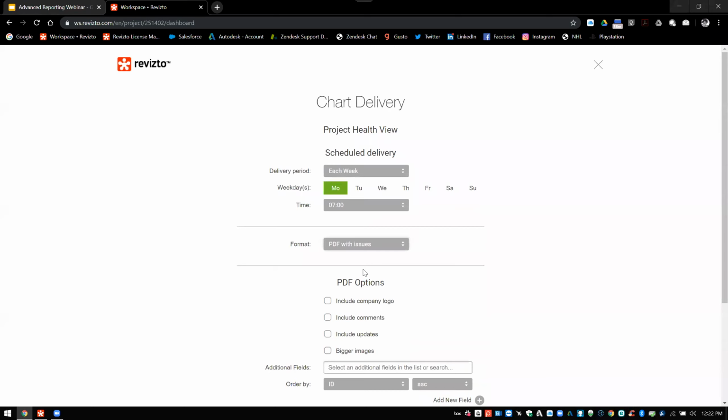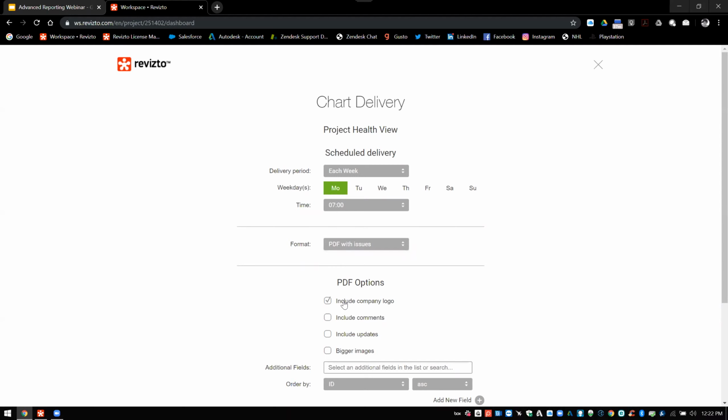So now you can control dashboards and report on the issues that create that dashboard all in one swoop. So in here, if I wanted to take this project health view and automate it to where on the weekdays, on Monday at 7 a.m., we report that out and we do it with the accompanying issues,